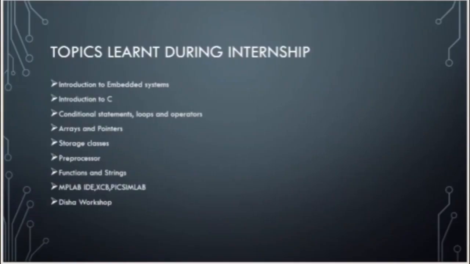Let us look into the topics that are learned during the internship. The first one is Introduction to Embedded C, Introduction to C, and under C, we have learned conditional statements, loops and operators, arrays and pointers, storage classes, preprocessors, functions and strings, MPLab IDE, XC8, PICSimLab, and Disha Workshop being the